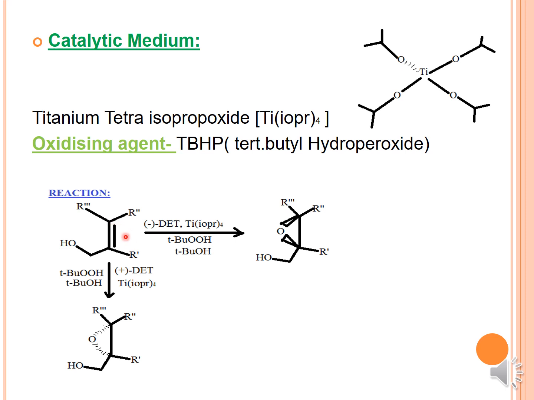So you will get an epoxide, that is, this is your beta epoxide, in the front direction, and this one is in the back direction, that is your alpha epoxide. Upon treatment with the plus DT, you will result in this, and upon treatment with the minus DT, you will result in the front side epoxide. And then moving on to the next slide,